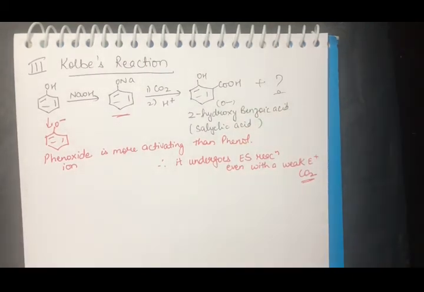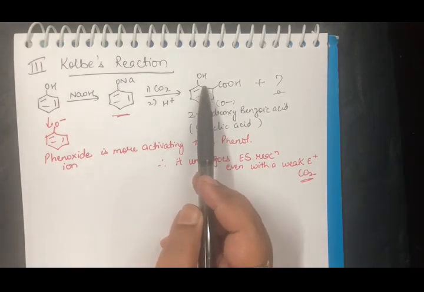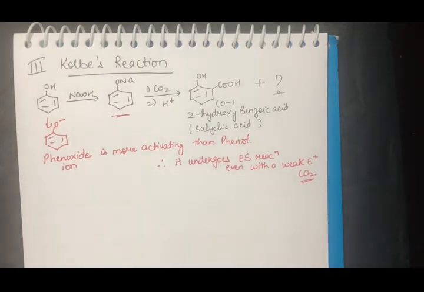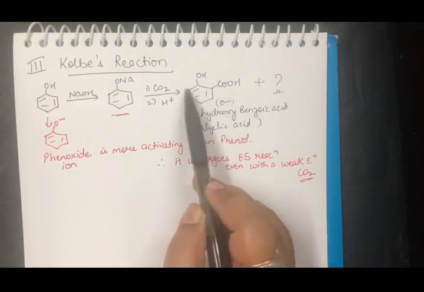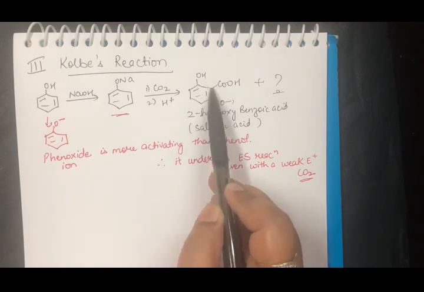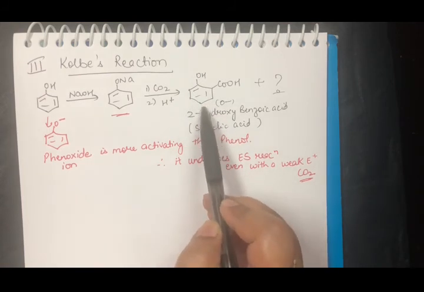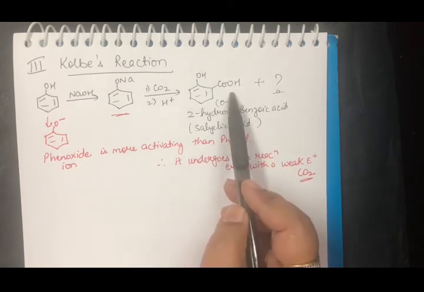Now you also know that ortho positions are more electron rich. When there was a phenoxide ion, both the ortho positions were activated more. The reason being that the I effect also dies off with the distance. You remember in class 11th we talked about, as the distance from the donor or the withdrawing group increases, the I effect dies out. So from this phenoxide ion, these ortho positions were closer, and this effect will die off as you talk about the para position, which is far off. It is at the maximum distance from your OH group. So we will have only one major product, that is your ortho product.